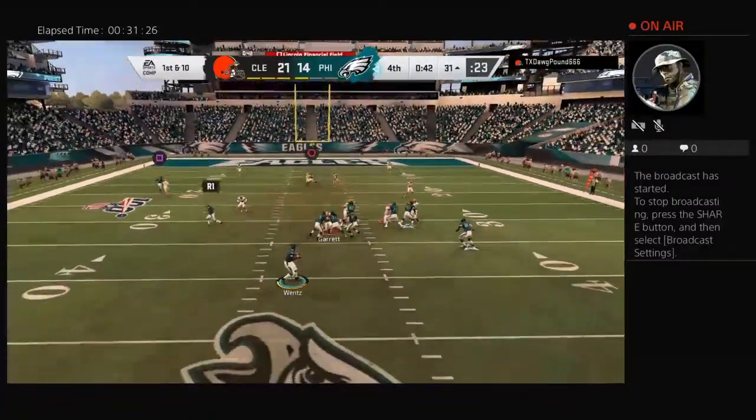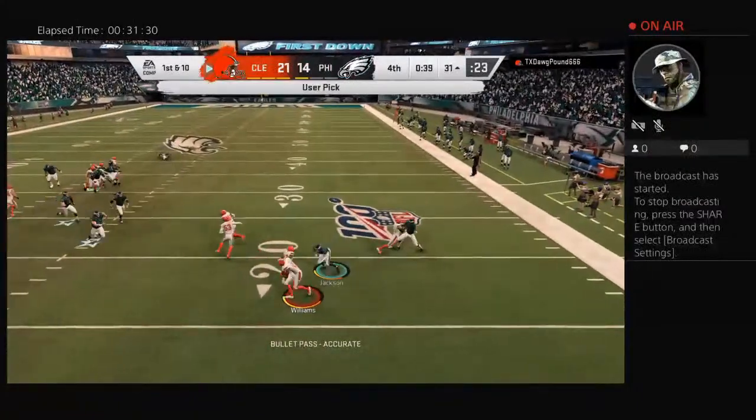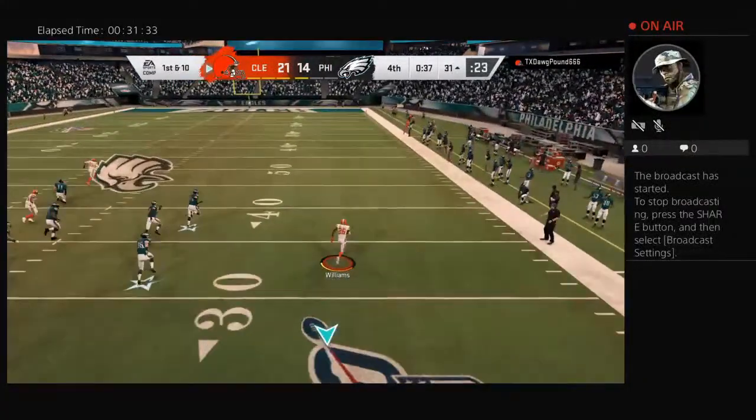Wentz to throw. And, a crusher there as it's intercepted. Greedy Williams picked